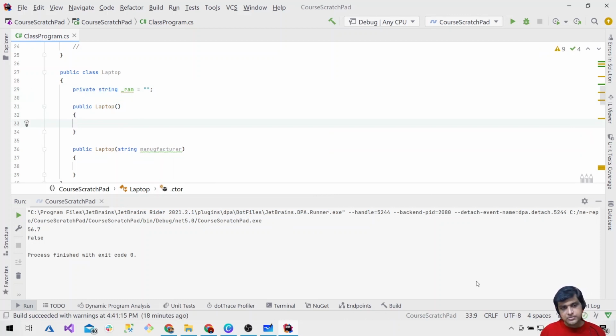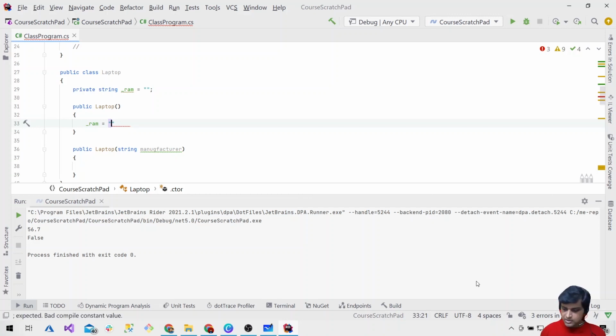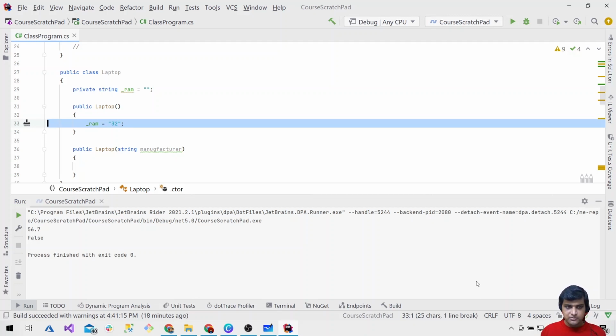Now it can happen that in a case RAM's value is 32. If our use case is such that the RAM's value will always be 32,